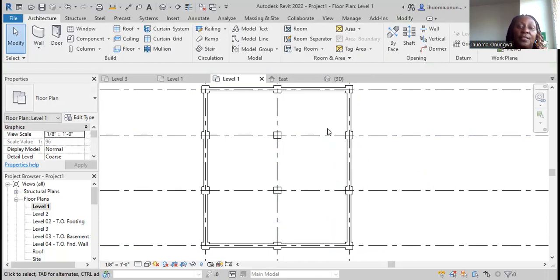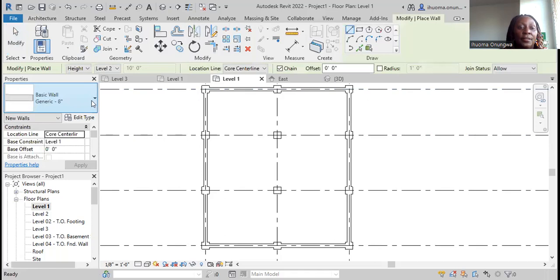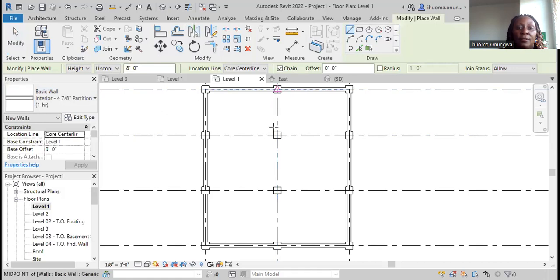So once I have finished with these, I'm going to put in my interior walls. I'll come here, go to Architecture, Wall, and then select the kind of wall. We're going to use the interior 4 by 7, 18 partition on our wall. So put in another wall here. Then we have an interior wall coming this way, and then we have another interior wall